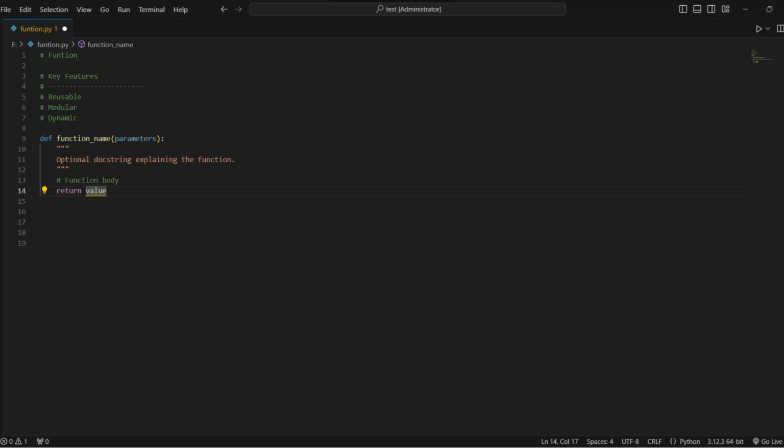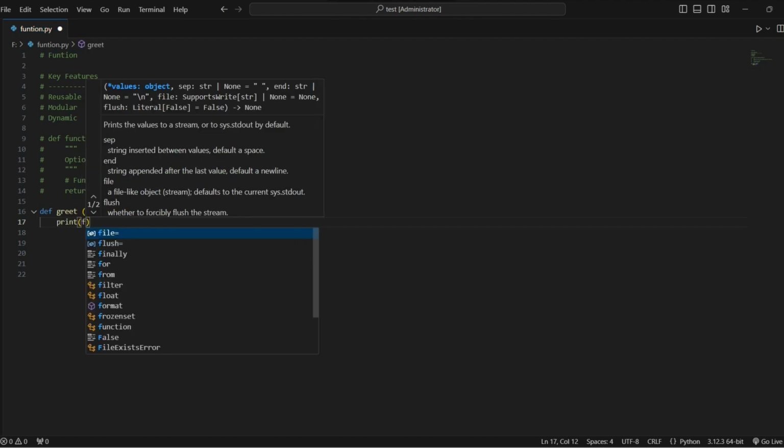Now let's practice another example. Let me comment this, and here we're going to create a function using the def keyword and pass the name as greet, and inside the opening and closing parentheses we're going to pass the parameter which is name, and inside the body of the function we are going to use the print function. Inside the print we are going to say f